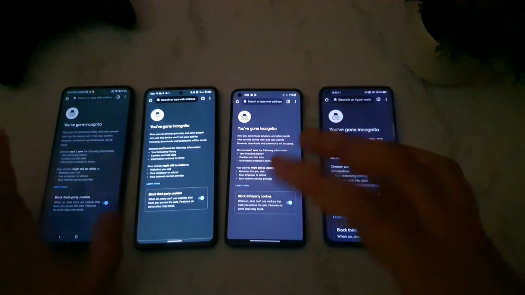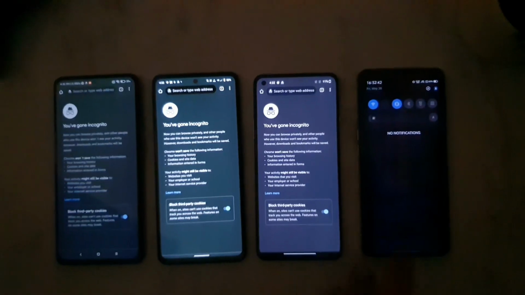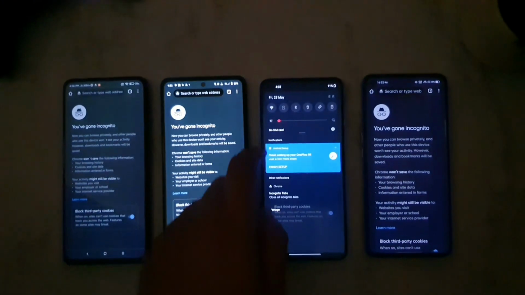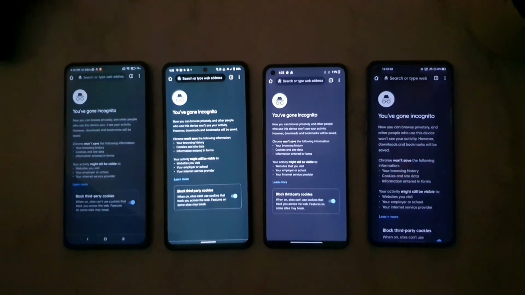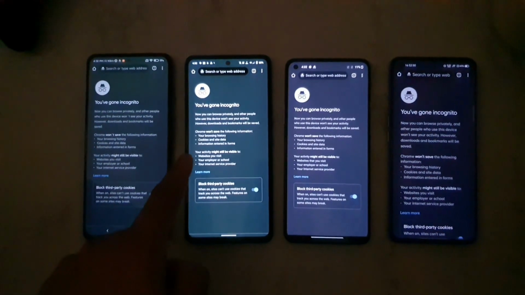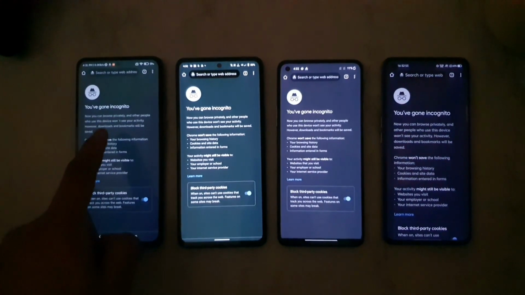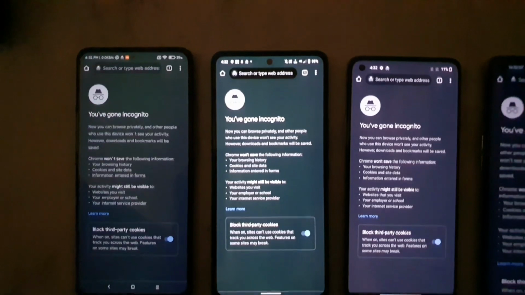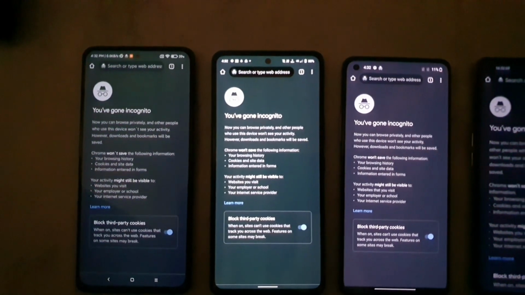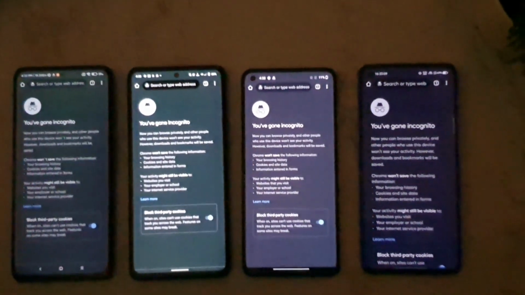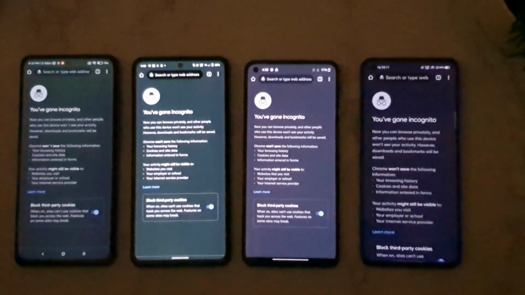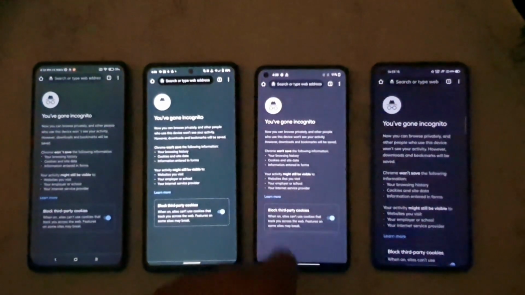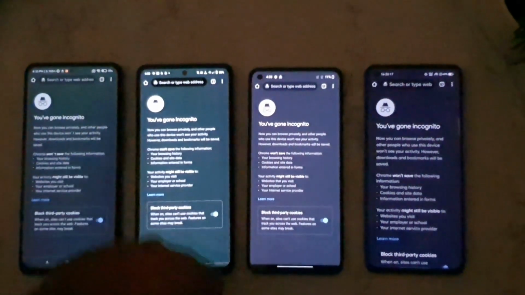Let me bring the camera a little closer to the phones. This last phone is the Realme X7 Pro. The Realme X7 Pro is not showing any kind of signs, and this is the OnePlus 9R. As you can see, friends, this is the OnePlus 9R. And the IQ7 and the Mi11X device, you can see some kind of green tint going on in both smartphones. So even with the update, the problem is not yet fixed. From this angle, maybe you might see the difference a little bit, but not much. I'm not sure whether you will be able to notice or not. As you can see, friends, some kind of green color is going on.